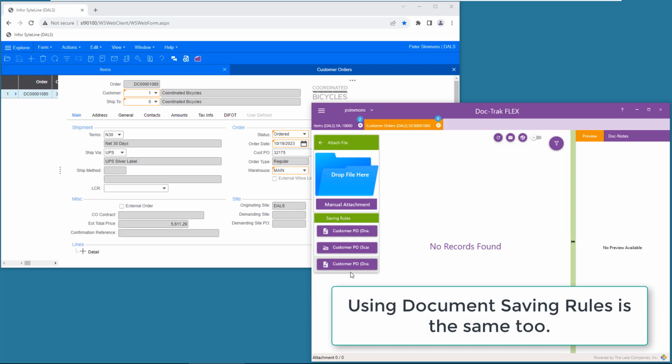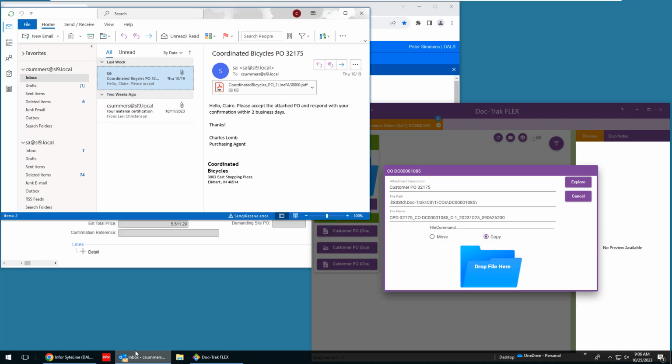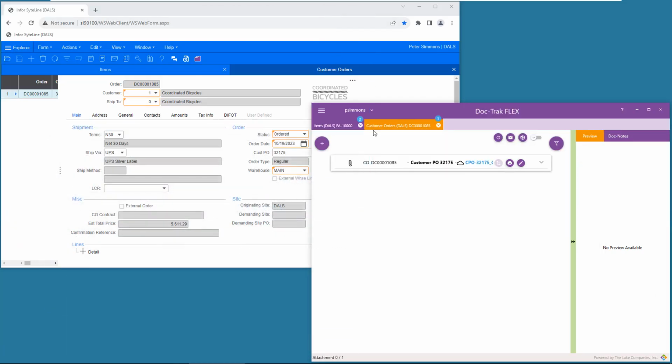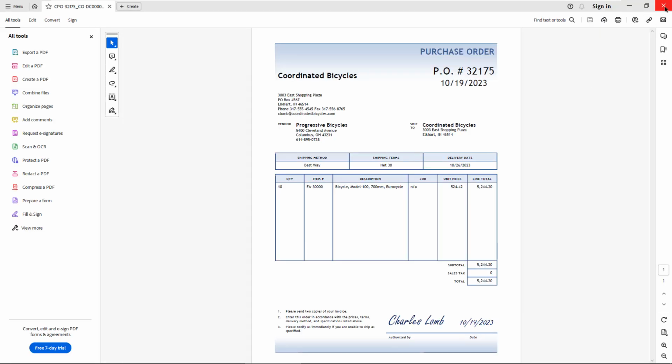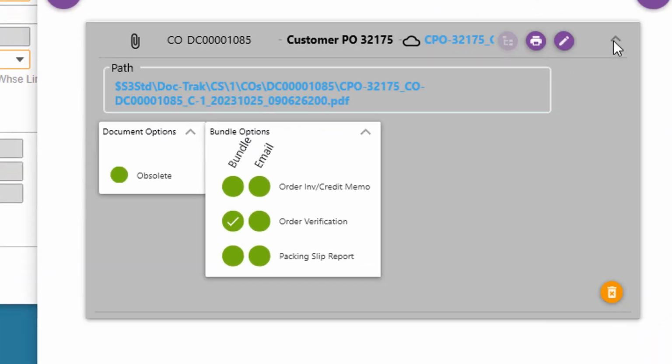Using document saving rules is pretty much the same too. You'll use DocTrack Flex exactly the same way to drag and drop files, regardless of whether the rule saves it to the file system or a cloud account. The same is true for issuing reports through DocTrack. When a user generates one of those reports, everything is pretty much the same.